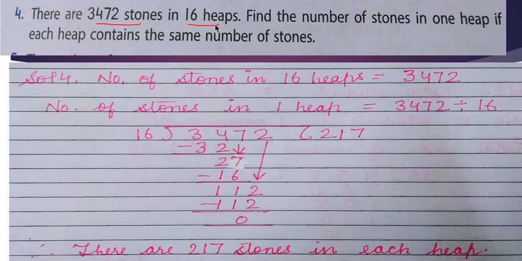अब now what is the meaning of heap? Heap बेटा जैसे वो होता है ना, sometimes like you must have seen around your house if construction work is going on. सो बेसिकली वो जो वर्कर्स होते हैं दे सिंपली थ्रो द स्टोन्स एट वन प्लेस इन अ वेरी वेरी लार्ज नंबर, पूरा ढेर बना देते हैं ना। तो हीप का मतलब बेटा वही होता है, a large number of stones. इस तरह से ग्रुप बनाए गए हैं, ठीक है। 16 heaps, that means at 16 places these kind of stones are lying on the floor.